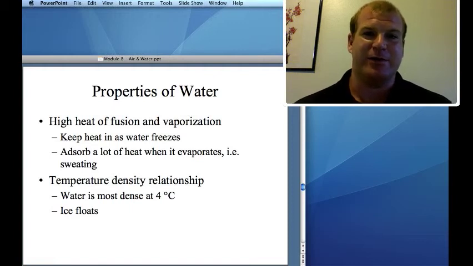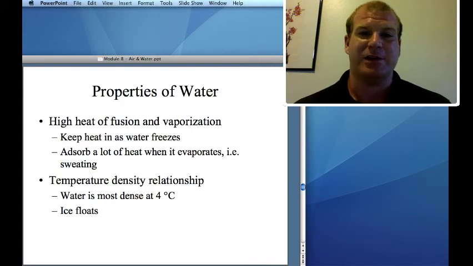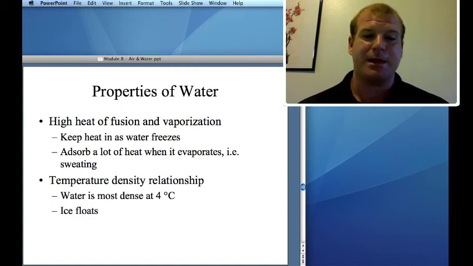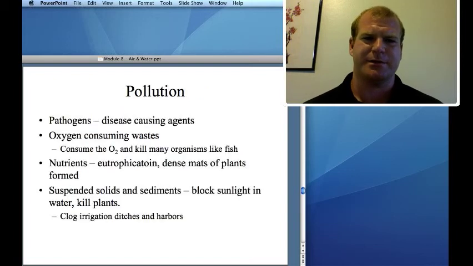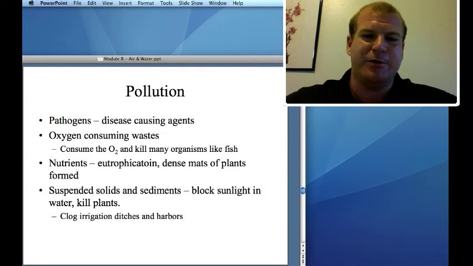So maybe you've noticed this. If you go to the gym and you like going into the steam room or the sauna, if you go in the steam room, you get hot really, really fast. The reason being is when that steam condenses on you, it releases that heat of vaporization, and you can get hot really, really fast. And likewise with water freezing, when you put ice cubes into your water or soda to cool it off, as the ice melts, it brings the temperature of the water or soda down really, really quickly. And water is most dense at about 4 degrees Celsius, and the most common form of ice floats, which is very strange.